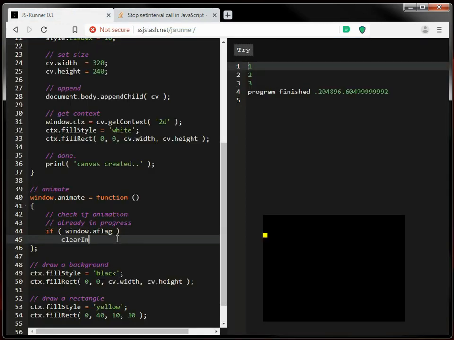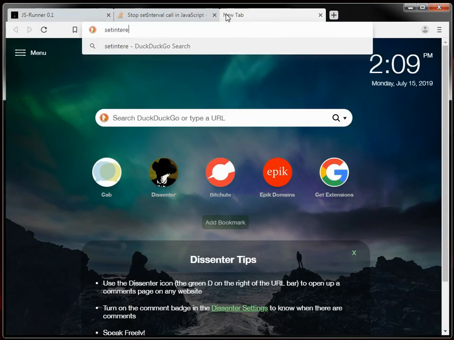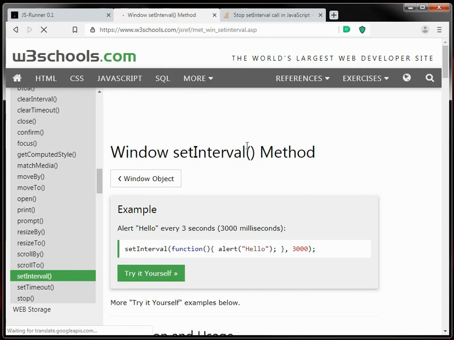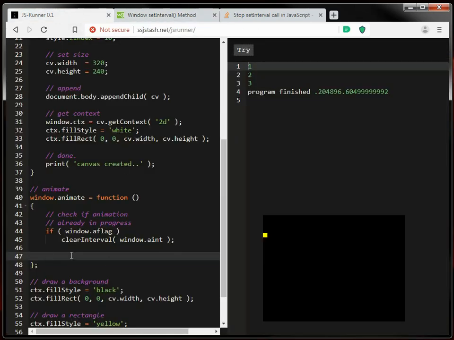So there's a function that can clear an interval, and I'm going to explain just in a second what an interval actually is. There's a function in JavaScript, setInterval, that you can use. You give it a function and you give it the amount of milliseconds for every time you should call that. So we're going to basically